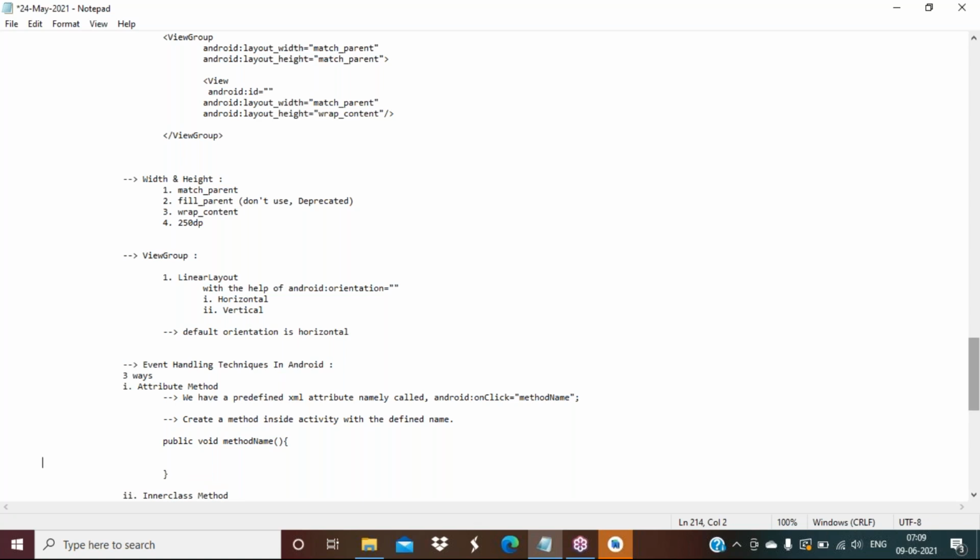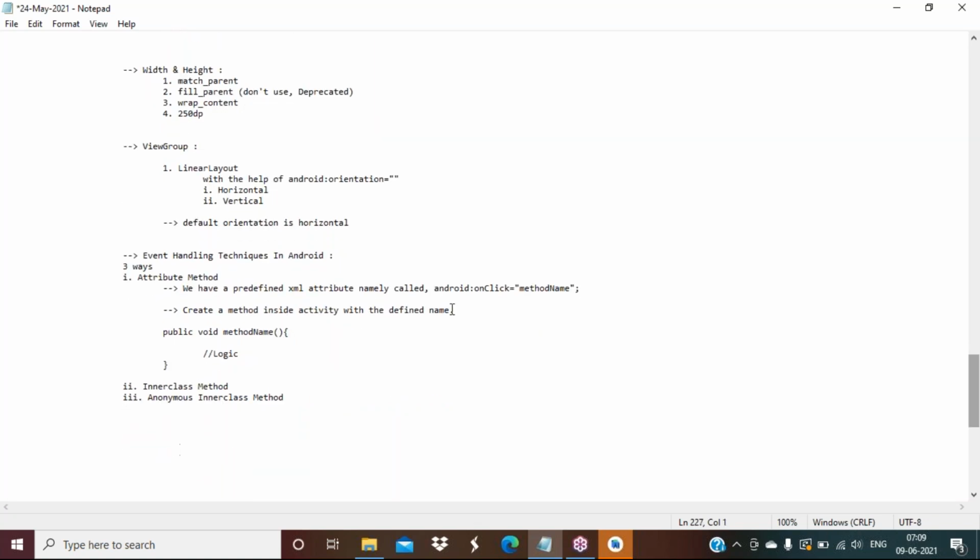Inside this, when you click on the button, what is the logic you would like to implement for the button, you are going to write. For example, I have one button, so I have written simply onClick. For that I have created a method. So I have two buttons, same way you need to follow. For the second button also you need to write onClick, and some different method name you need to write. That method you need to create in your backend class. Okay, so today we don't have any logic.